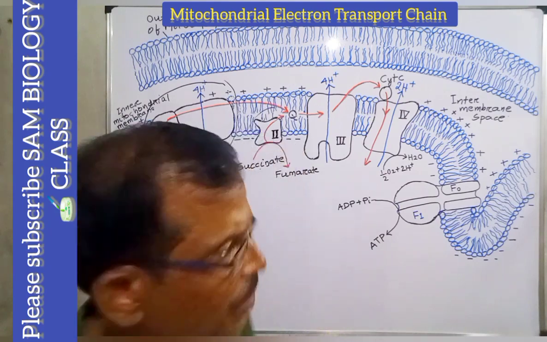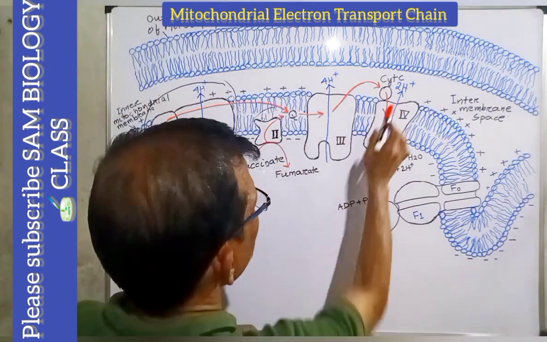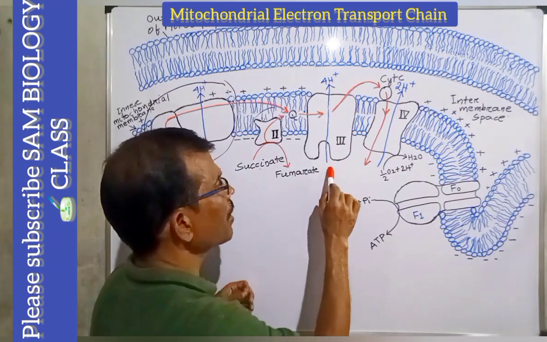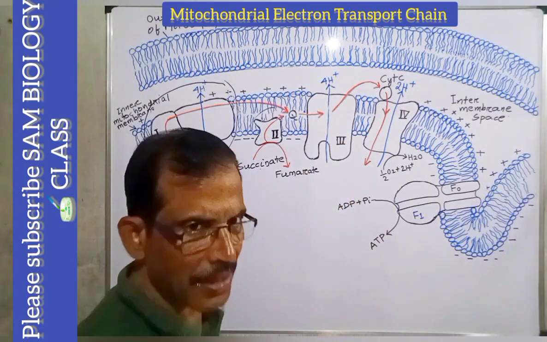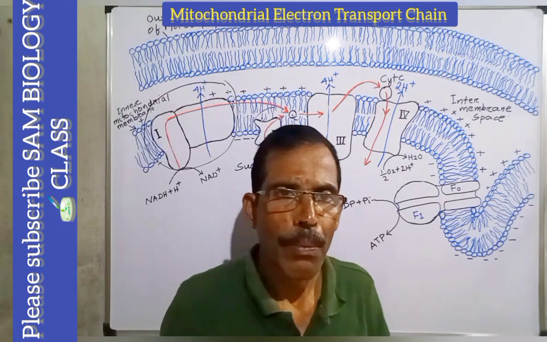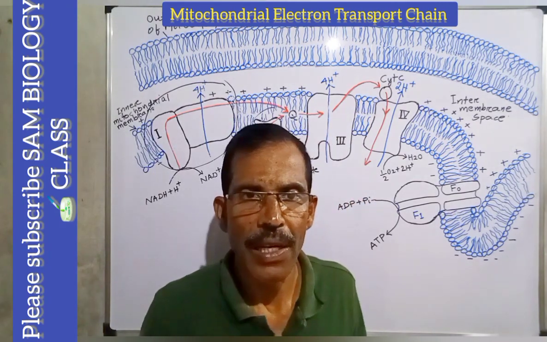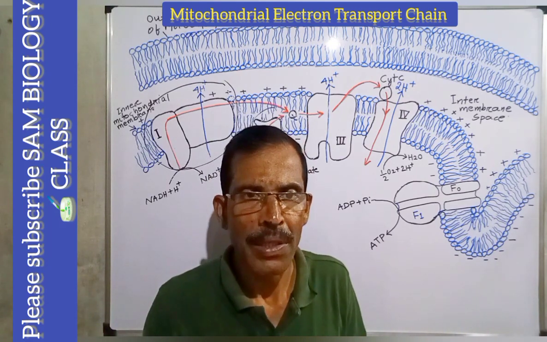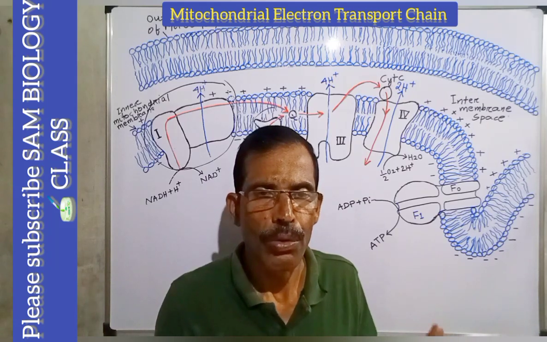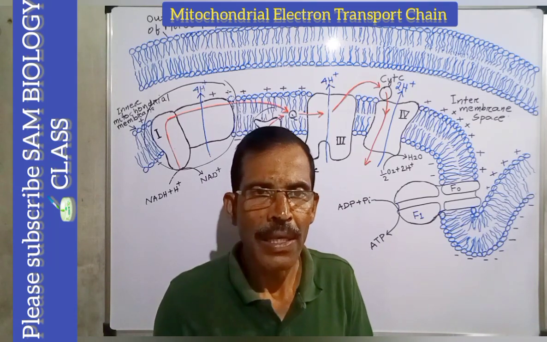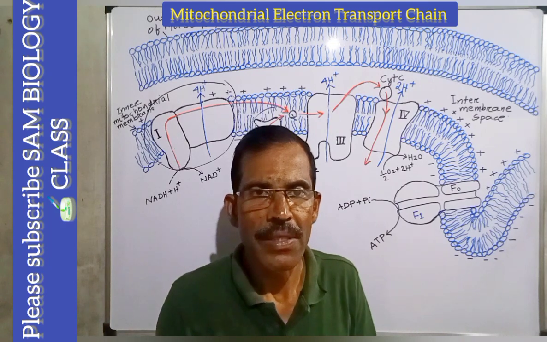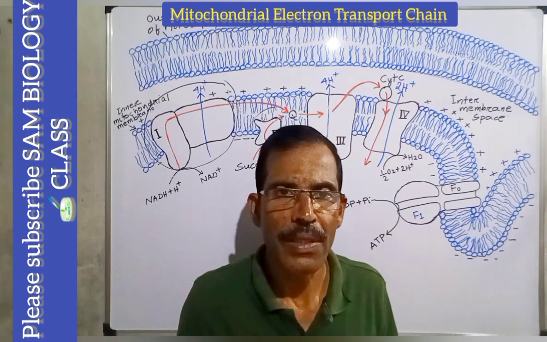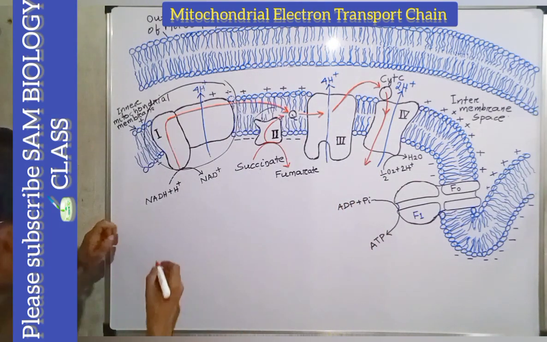Per pair of electrons passing through complex 3, 4 protons are translocated from matrix to the intermembrane space. This can be explained by a model known as the Q cycle or quinone cycle, which accommodates the switch between 2 electron donor ubiquinone and single electron donor, that is cytochrome. The net equation of the redox reaction of the Q cycle is like this: